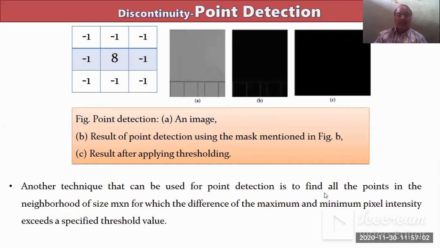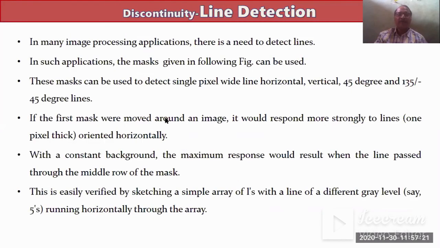We can find all the points in a neighborhood of size m into n for which the difference of the maximum and minimum pixel intensity is greater than threshold value. म्हणजे आपल्याला मिनिमम आणि मॅक्सिमम पिक्सेलच्या इंटेन्सिटीचा डिफरन्स काढून तो थ्रेशोल्ड पेक्षा जास्त असेल. दिस इज ऑल्सो वन ऑफ द टेक्निक फॉर पॉइंट डिटेक्शन. Okay, so these are the point detection techniques. Now in another one, a line detection technique. So this is another technique, and this line detection technique we have